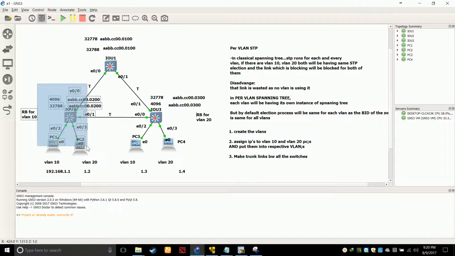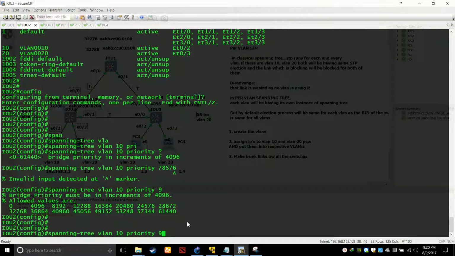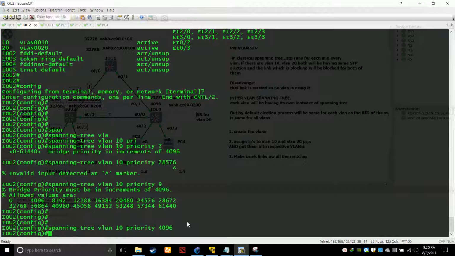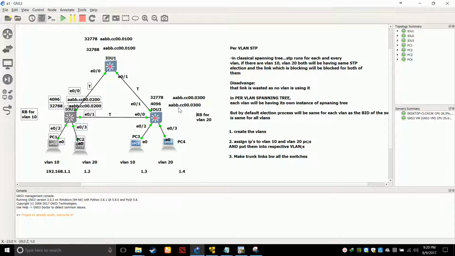This switch will become king for both VLANs, and again the same thing will happen. So different kings, different elections, and different blocked ports. So spanning-tree vlan 10 priority 4096. That's it. And we'll go to switch 3 and do the same thing for VLAN 20.